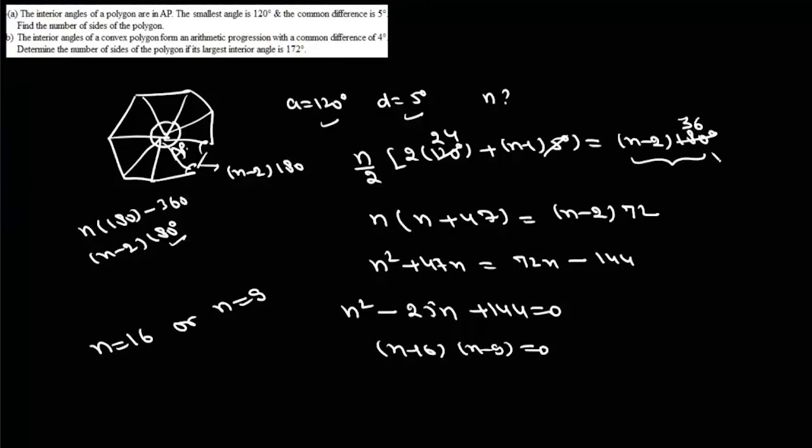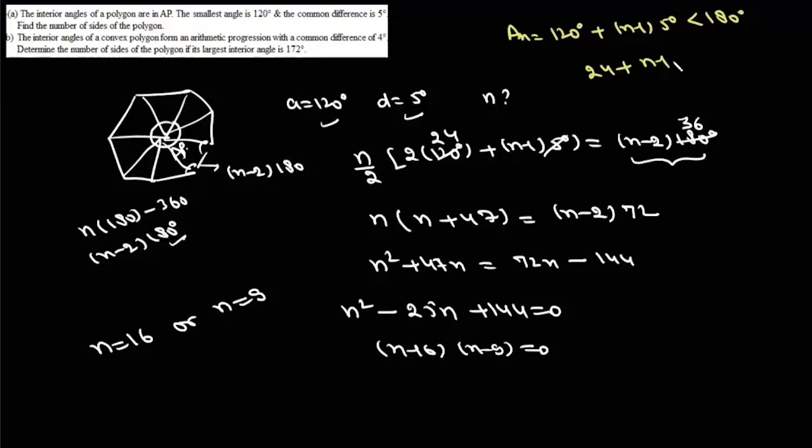Now here, before jumping to any conclusion, we must also see that any angle must be less than 180 degrees. It should be a convex polygon. So that means any an, which is a plus (n minus 1) into d, should be less than 180 degrees. So if we divide it by 5, we can write